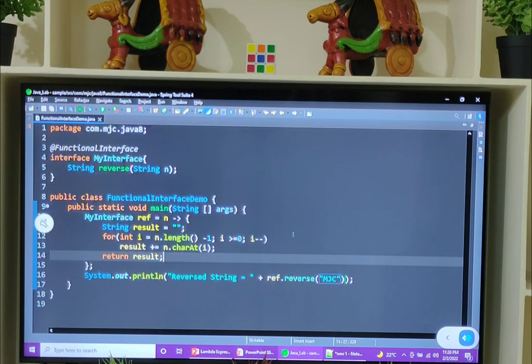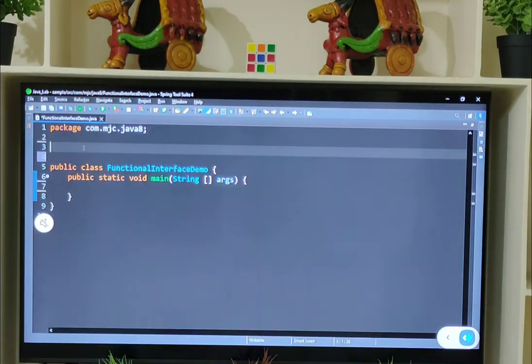So let's take a general functional interface with lambda expression. Now I am going to write a generic functional interface which will take any type of class. Let's see here, interface GenericInterface, and it will take any type.